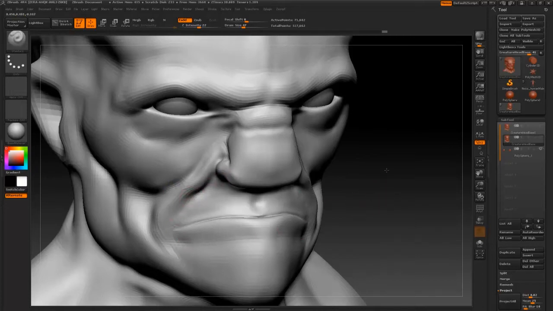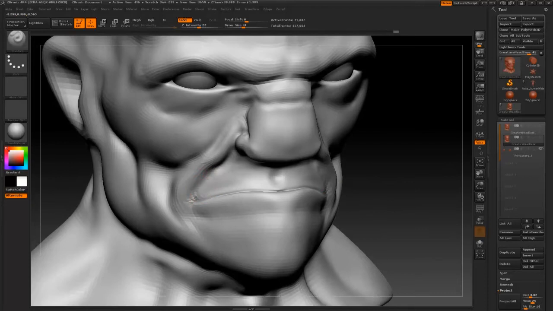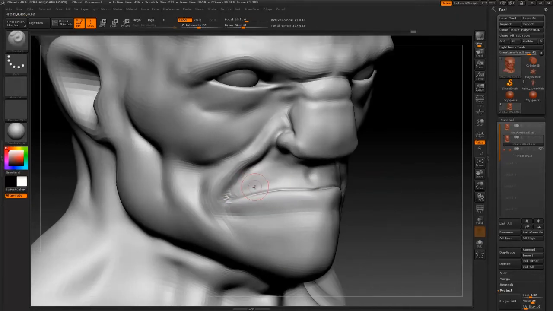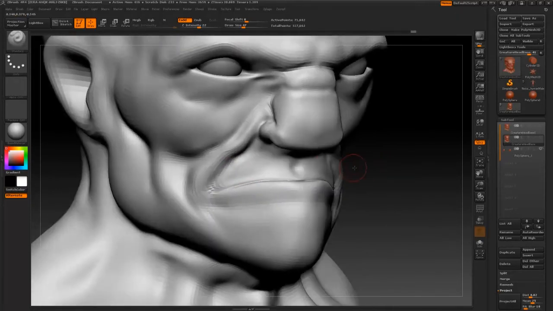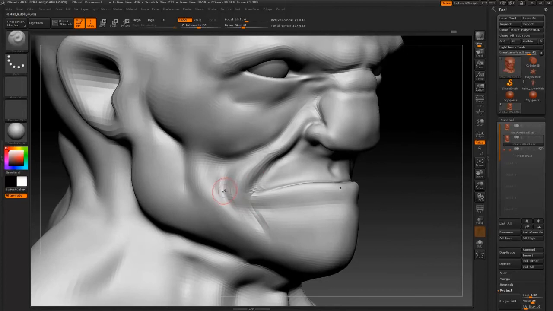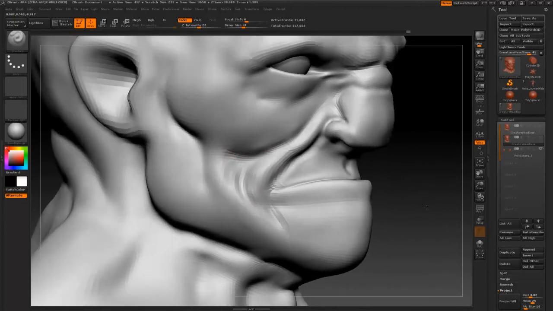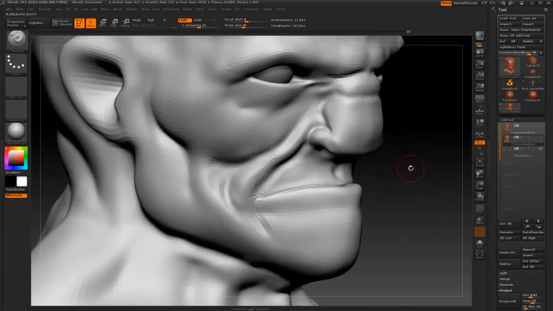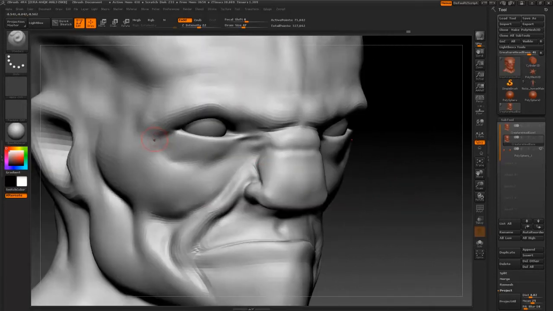But I cut it in first, so that it's real pronounced and real definitive. And I do that all over the mesh before I refine it and make it look a little more subtle, a little more practical. It's just a particular thing that I do. I don't know if every artist does this, but